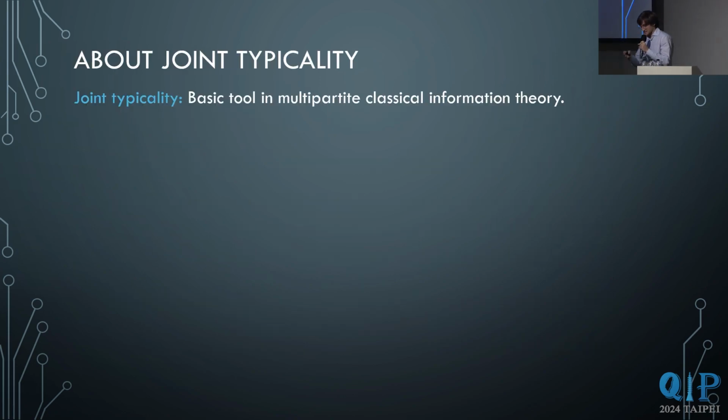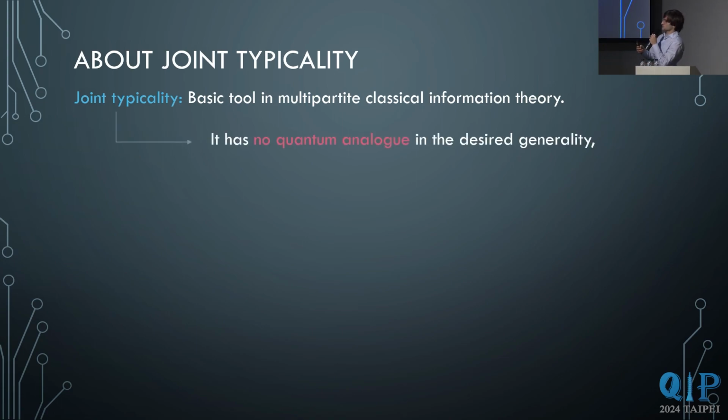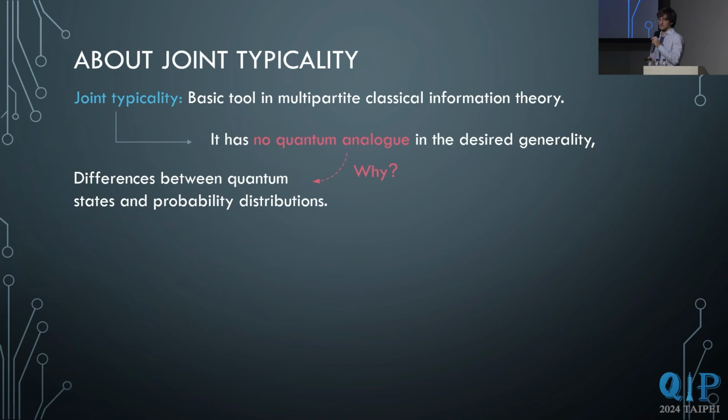So in a classical setting, we usually want a multipartite probability distribution to be typical in several of its marginals at the same time. And we create these jointly typical sets that have some amazing properties that we will use for analyzing encoders, analyzing decoders, for creating tasks of pinnacle importance such as source coding, right, in classical settings. But the problem is that when we move to quantum, we do not have an analog in the desired generality. So if we try to define something that looks like quantum state joint typicality, we do not find a definition that gives us the same amazing properties that we use in classical.